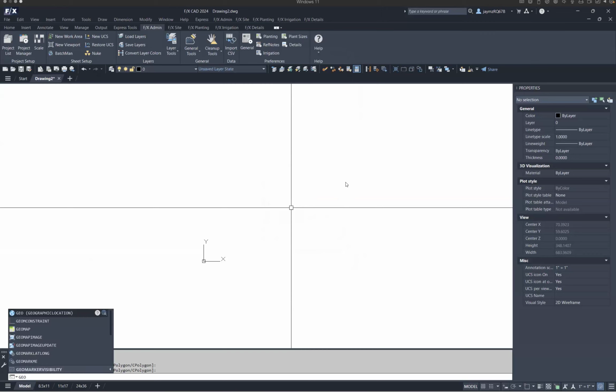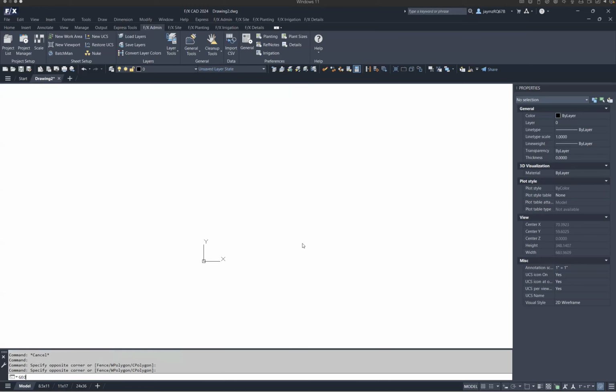I can say geo, and you'll see that it's going to give you all of the suggestions that are related to what you're typing. So if you type geo, it's going to rank them by the most likely tool that you're looking for. And so you can see that the geolocation tool is right there at the top. You could click on it, but if you're just looking for speed, you could just type geo and hit enter.